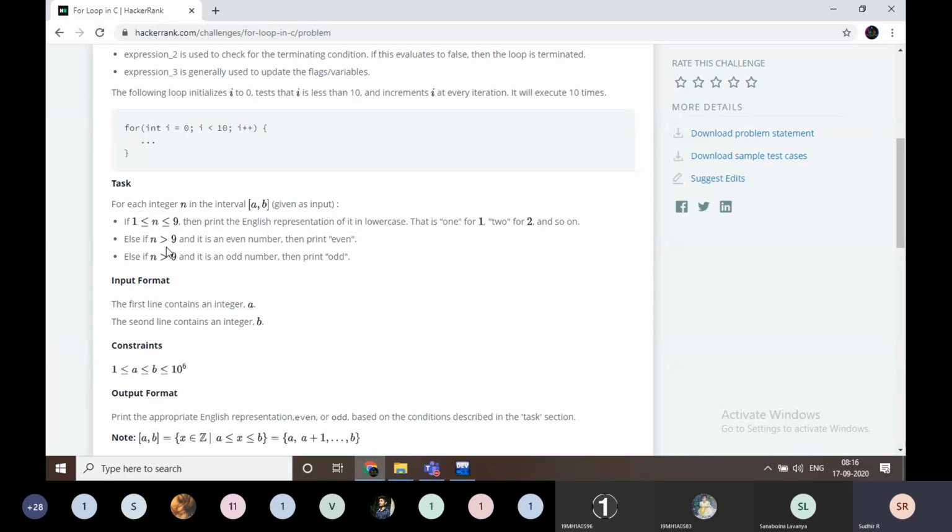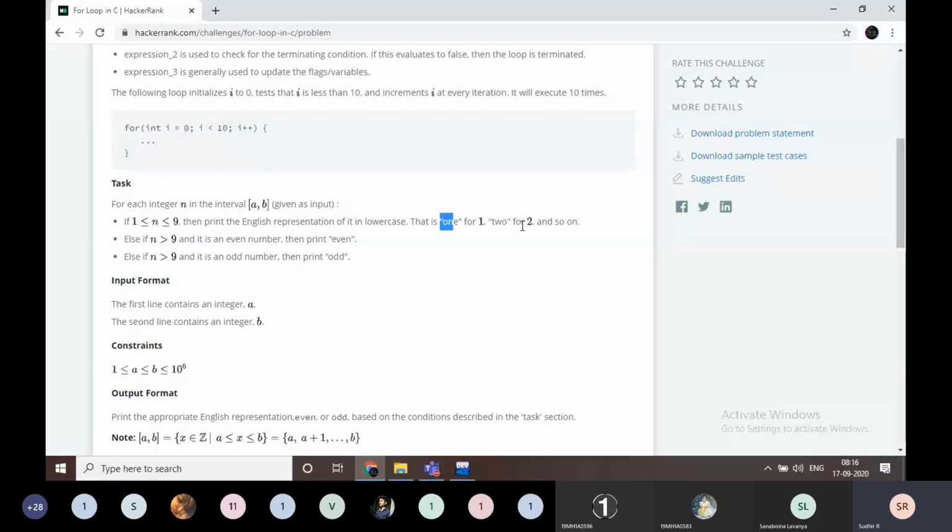If n is greater than 9 and it is an even number, then we have to print "even". Else if n is greater than 9 and it is an odd number, then we have to print "odd". For example, if n is 1, we have to print one.